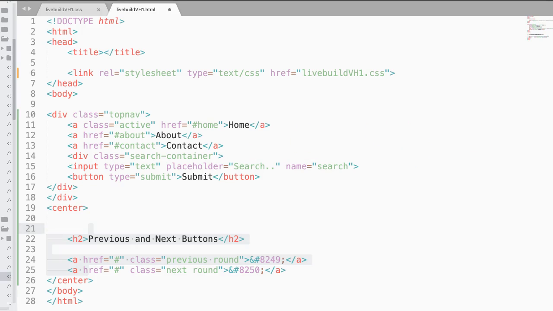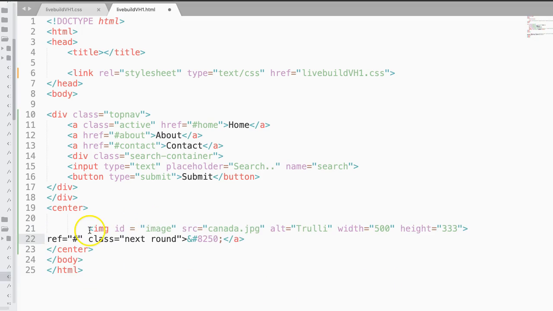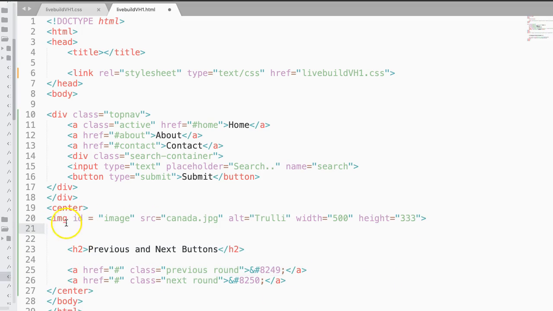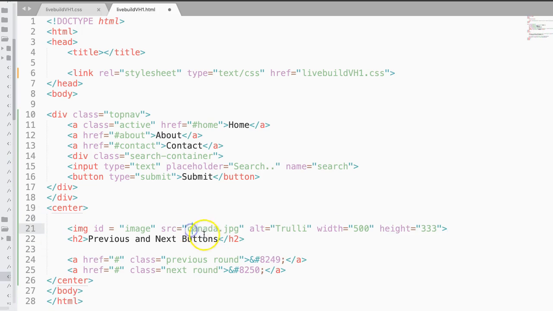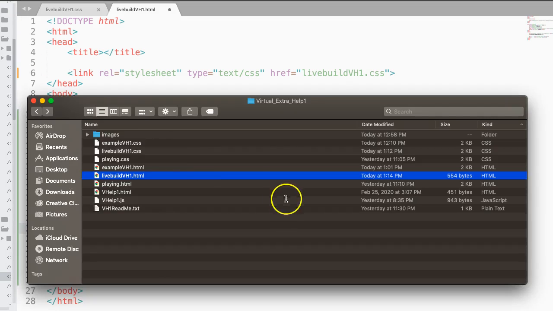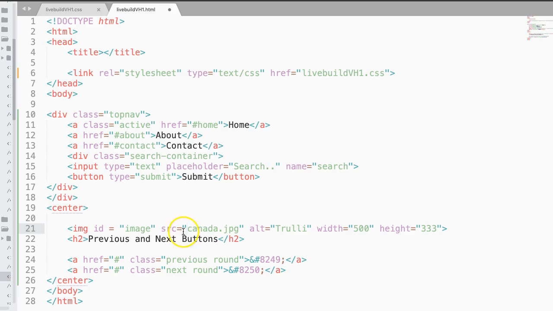So let's take this. I'm going to take a standard image tag. Oops, I don't want that all to go away. And I'm going to paste this in, and it says src canada.jpg, but this isn't quite right because my resources, if I pull up my folder here, you'll see that they're inside a folder called images. This is a really good thing to do to group your resources like this. It gets really messy if I put all my images in here. So I'm going to come in here, and I'm going to say images, and then I'm going to